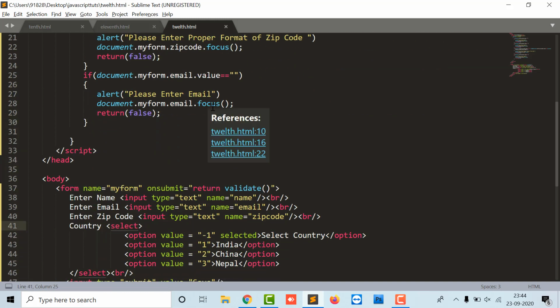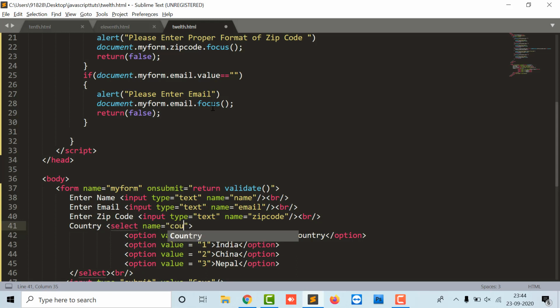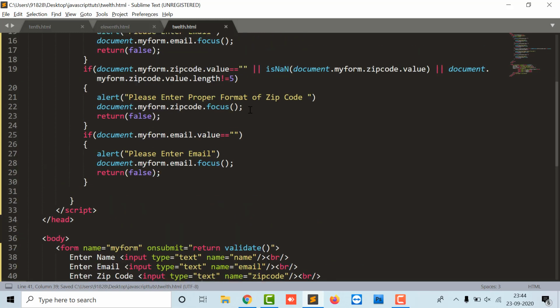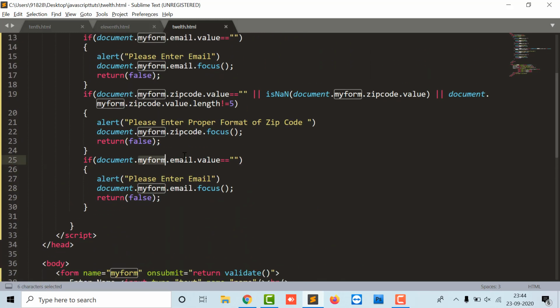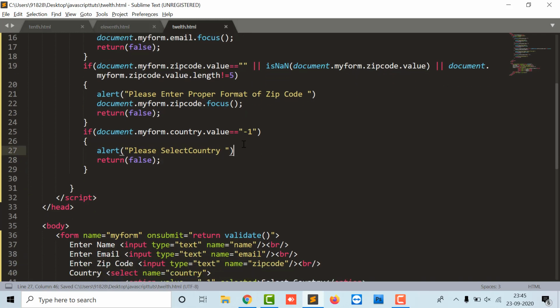Select, I forgot to define its name, so select name country, and if document.myform.country.value equals -1, please select country. Okay, so it's not a text box, so it will not return a focus over there.